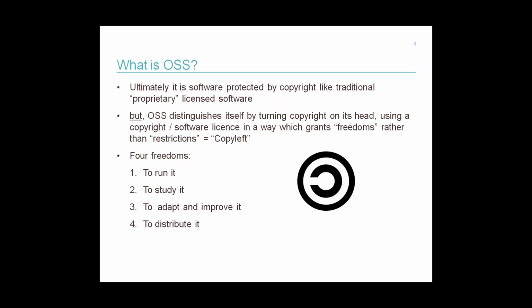The proprietary model is based on the fact that you have a right to use the object code, so you're able to run the software, but it's only that right that you have. You don't usually get any access to the underlying source code, which is really the crown jewels of what the software is, because it shows you how it works and allows you to manipulate and change that software. Open source software licensing flips that on its head.